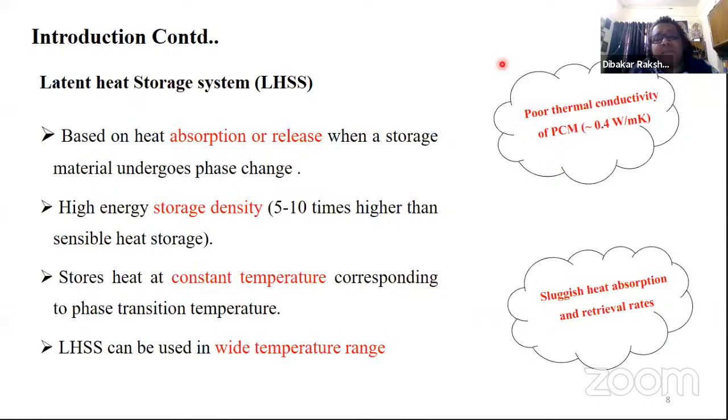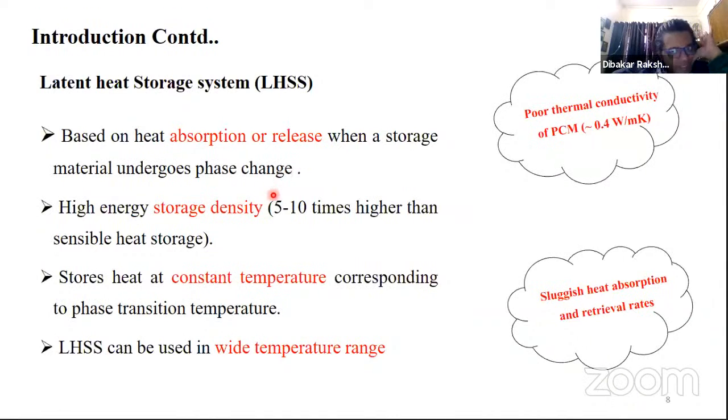Okay, so when we are speaking about any thermal energy storage system, there are two very important thermophysical properties which should be kept in mind. These two thermophysical properties are the thermal conductivity and the heat storage capacity. Now, if you know, Prandtl number is something which incorporates both of these properties, the thermal conductivity as well as the heat storage capacity. But when we are speaking about this latent heat storage system, which will be absorbing the heat and then releasing it by virtue of the change of phase,